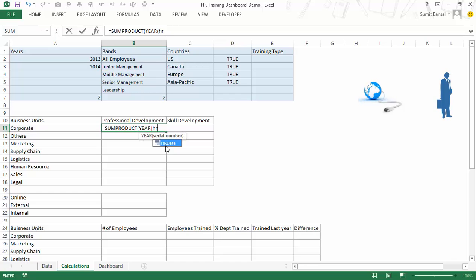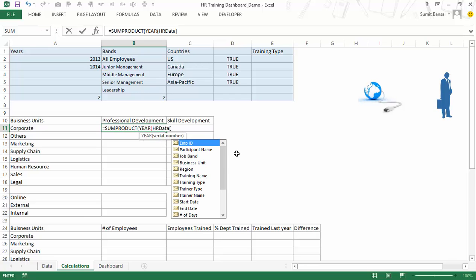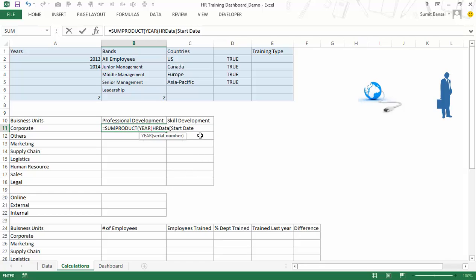So I would simply press tab, and now I would press square bracket. As soon as I do that, it would give me the names of all the columns. It starts with employee ID, participant name, job band, and so on and so forth. So here I can select the column that I want, and in this case the column I want is start date, because I want the start date to be 2014. So I select the start date, and I would say that this should be equal to